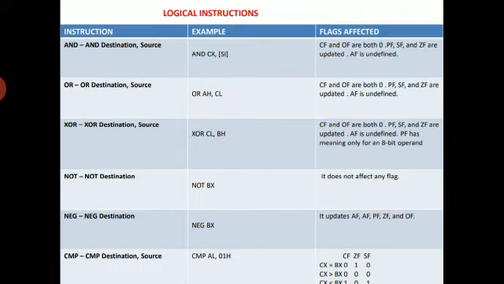And see the next instruction, what it means: compare of destination comma source. That is, we have to compare the content of two registers, and we have to represent the result of the comparison, that is, whether it is greater, lesser or equal. See the instruction, compare of AL comma 01H. What we have to do? We have to compare 01H with the content present in AL.